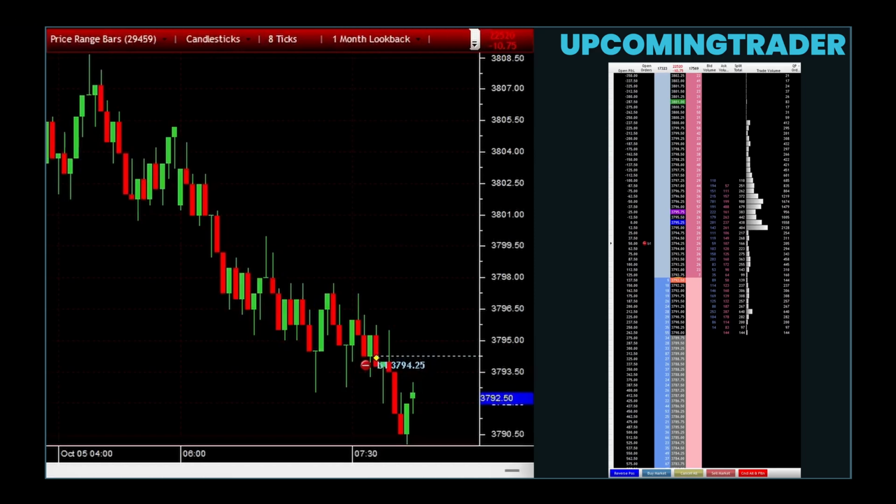By signaling a potential reversal from bullish to bearish conditions, it prompts traders and investors to reevaluate their strategies and prepare for possible changes in the market direction. The shooting star is a candlestick pattern that traders interpret as a sign of a potential bearish reversal. This means it suggests that the current upward trend in the market might soon turn, resulting in a downward movement